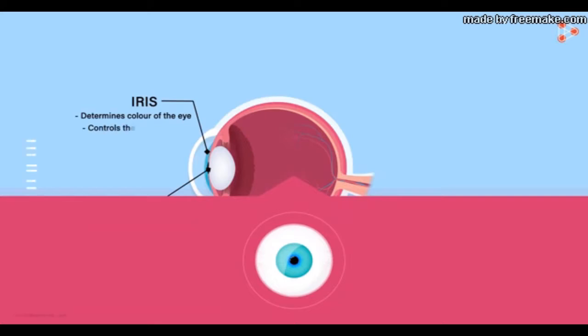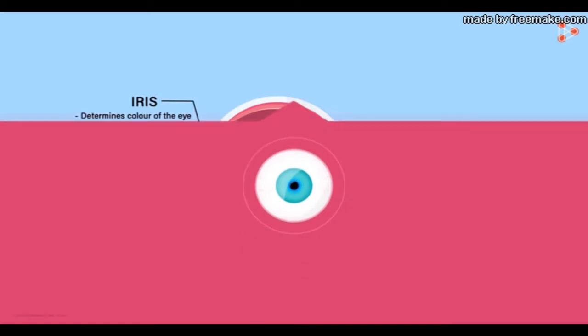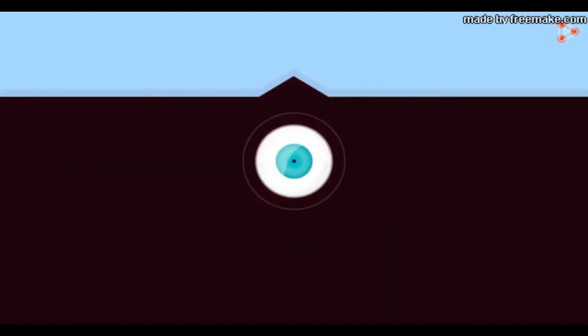The iris actually acts like a shutter of a camera. It controls the amount of light entering the eye by enlarging or shrinking and thereby adjusting the size of the pupil. For example, when you focus the light from the torch directly into a person's eye, the iris shrinks. This is because the intensity of light is too much for the eyes to bear. The shrinking iris stops the unwanted light from entering through the pupil. And when it's dark or when there's less light, it expands, allowing more light to enter through the pupil.